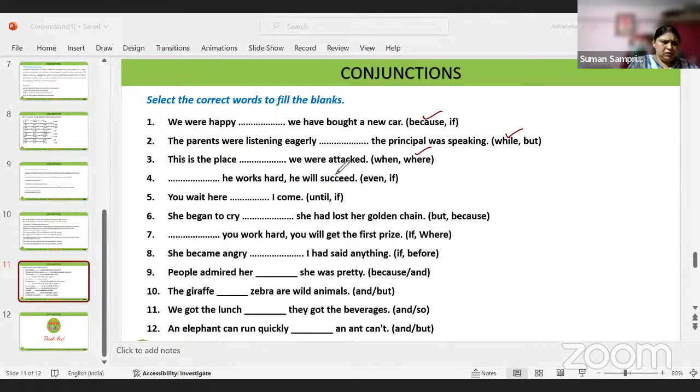The fourth one is: he works and he will succeed, until, if, you wait here. If yes, she began to cry. Yes. You work hard, you will get first prize. If